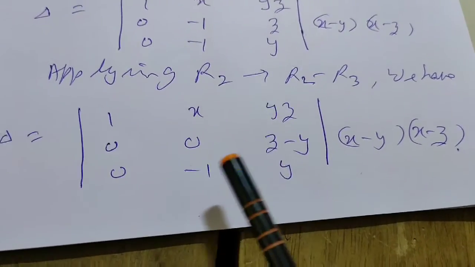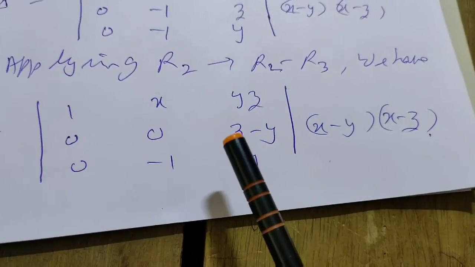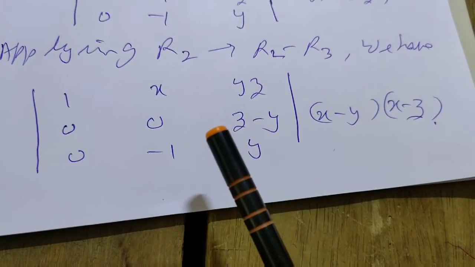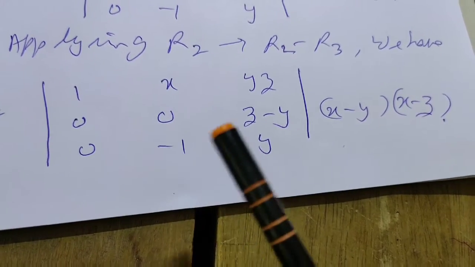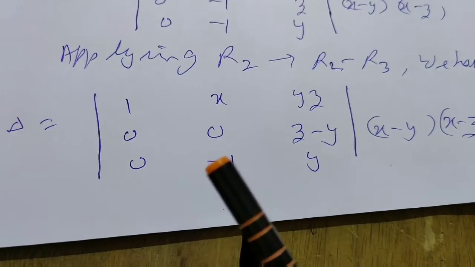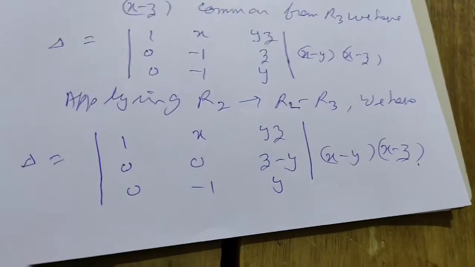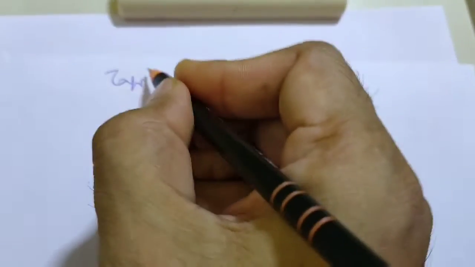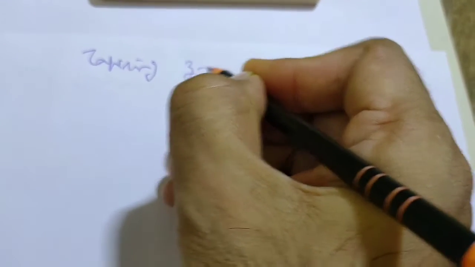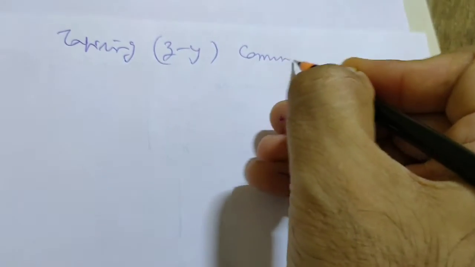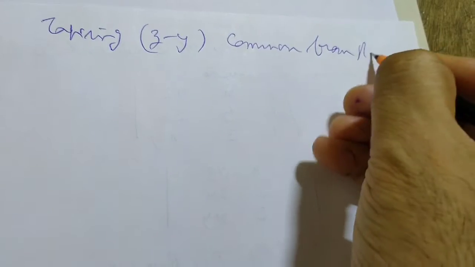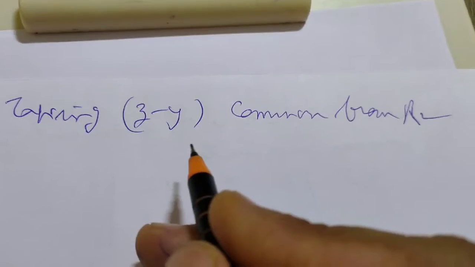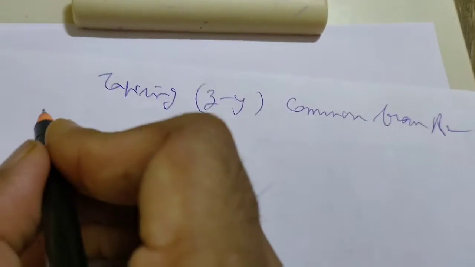Now what we can do, from row 2 we can take out z minus y common, or we can take out y minus z common. Any we can take out common. So let us take out z minus y common from R2. So next step, taking z minus y common from R2, we have